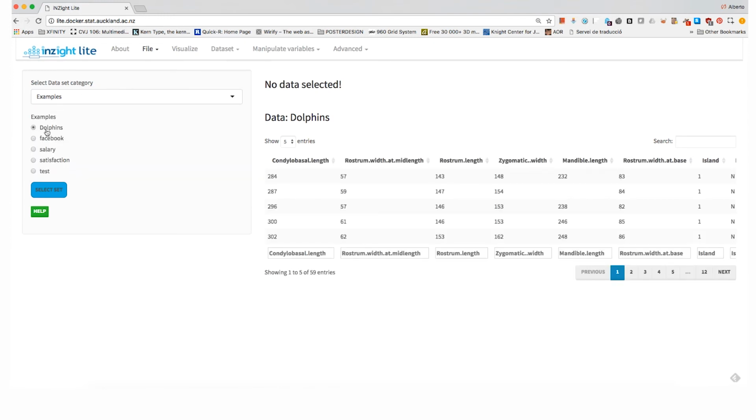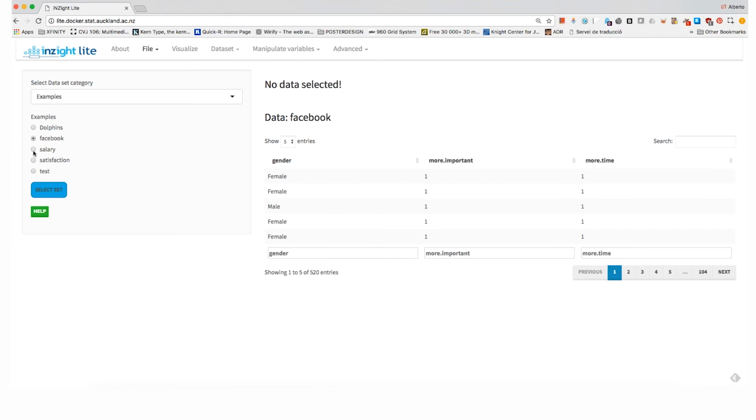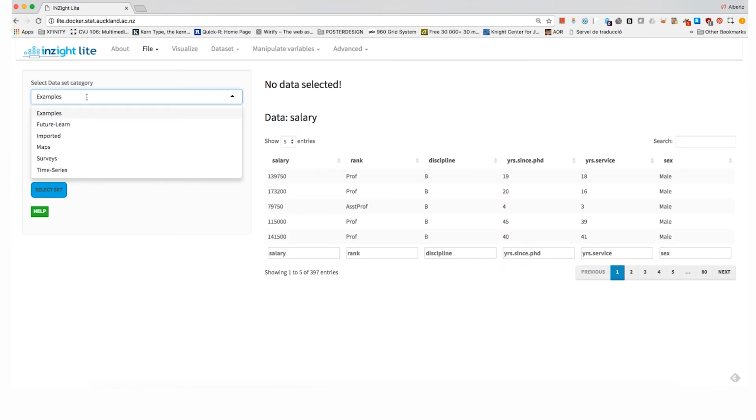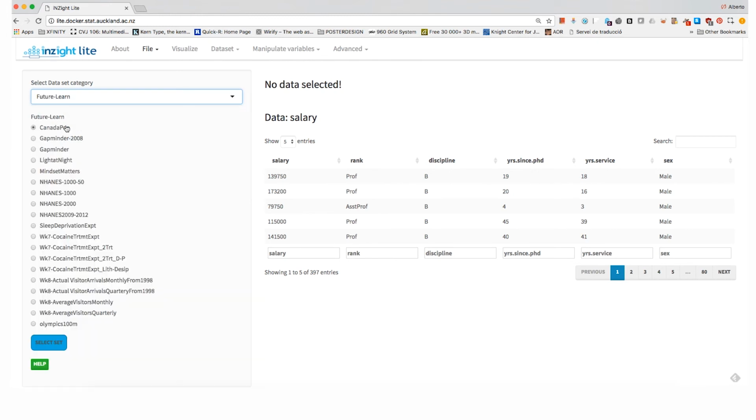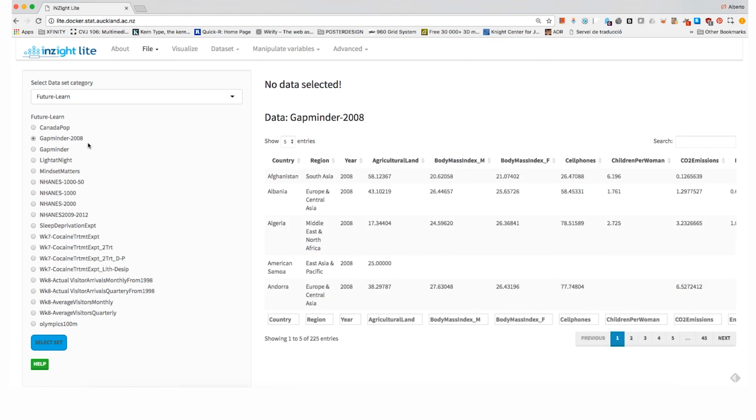You have dolphins, you have a Facebook dataset, you have a salary dataset, and then if you open this up, you have something called Future Learn, and this has a Canada population data set. You have a Gapminder data set. This is a data set put together by a wonderful researcher and doctor called Hans Rosling through his website, Gapminder. That's gapminder.org. And this is the data set from Gapminder.